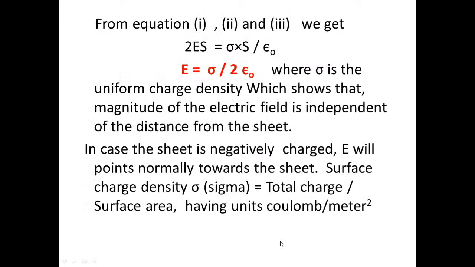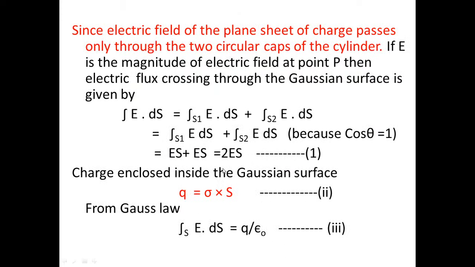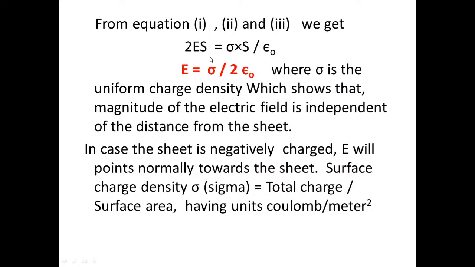So comparing these two equations, equation number 1 and equation number 3, we get 2ES is equal to sigma into S upon epsilon naught, or electric field intensity E is equal to sigma upon 2 epsilon naught,